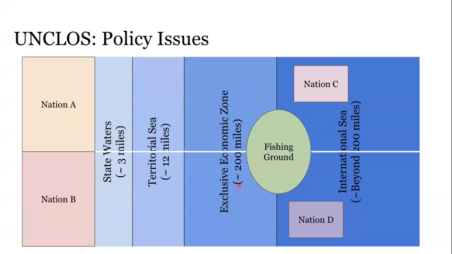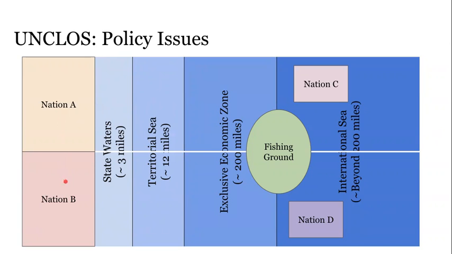UNCLOS is helpful because, if they're both signatories, it establishes an agreement that these are the international norms. So therefore, nation B can plan and utilize this resource and protect it as it sees fit. And nation A respects that. And it respects it as a result of maybe being a signatory, or if it's just a norm, as a norm. But we can also see where complications can arise. So this tells us where these legal frameworks are really important, and they're only as important as everybody agrees to them, of course, because the moment they stop agreeing to them, there's a problem.